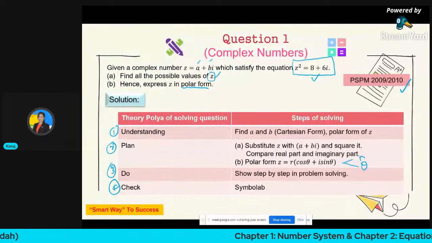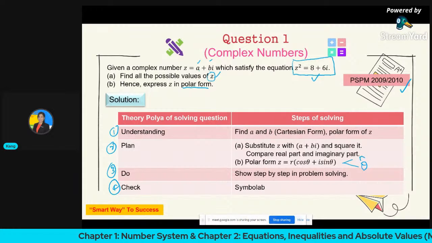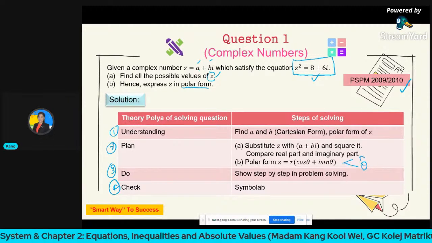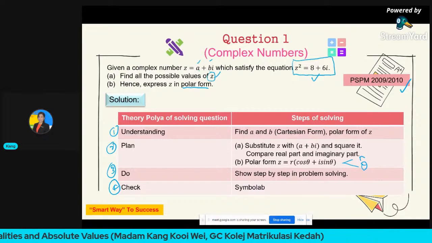That is our full set of the solution. You need to show it step by step. Don't jump the steps, okay? Because for all the steps, they give you the marks. Finally, we will check using the Symbolab. Okay, so now